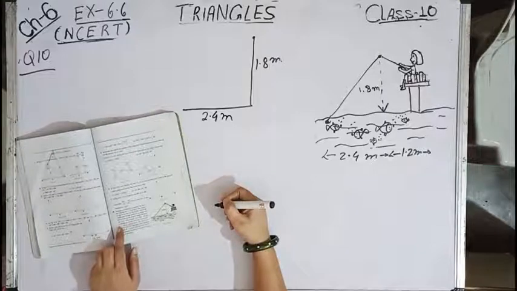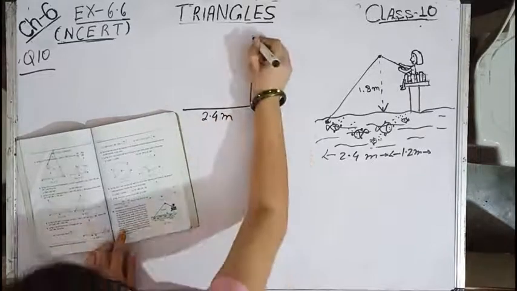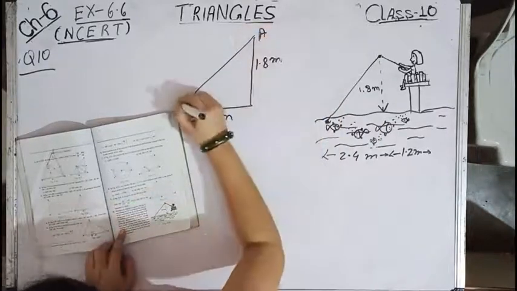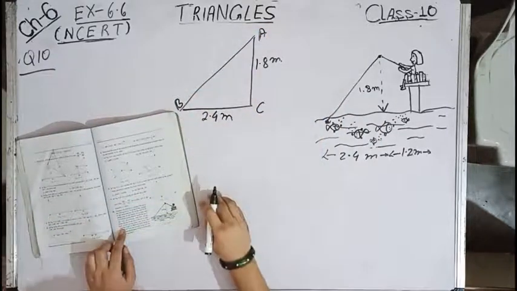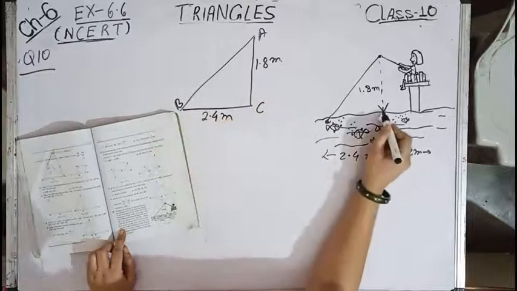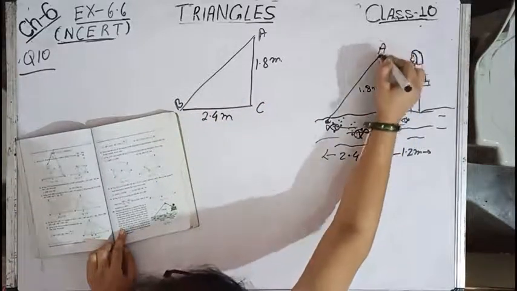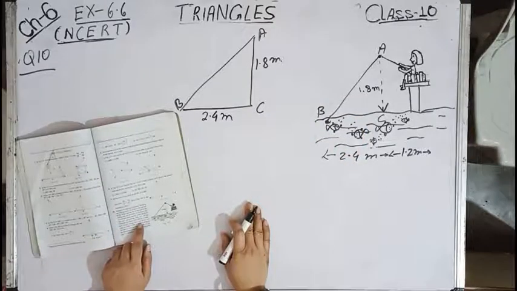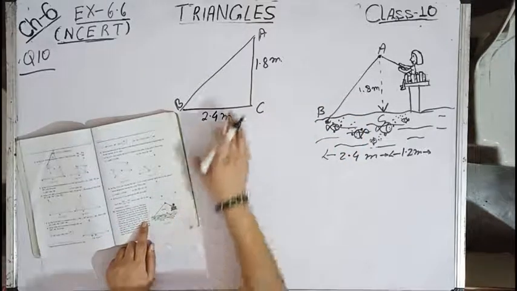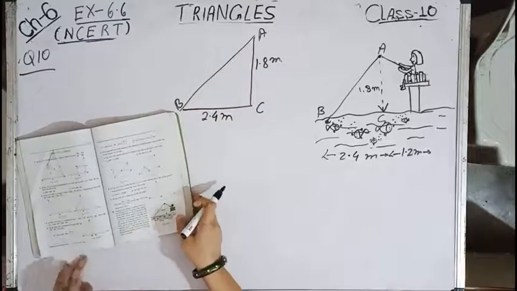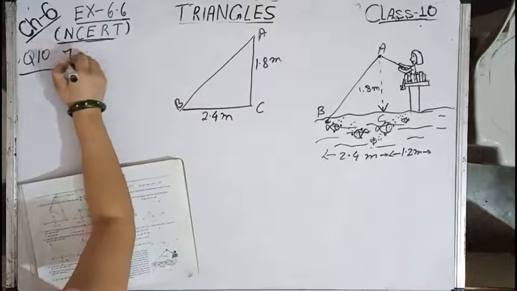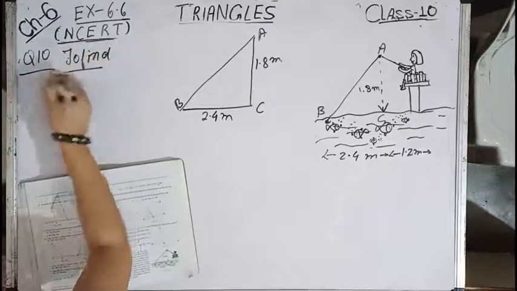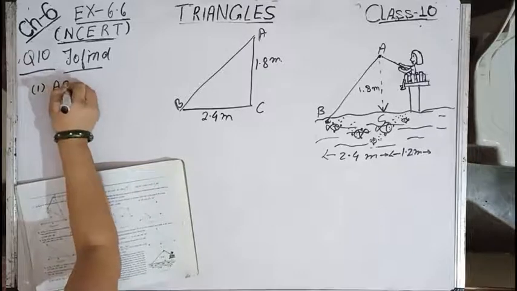Now assuming that her string is taut, means straight. This one is her string. So let us name this string as AB, and this position as C, this one is A, and this one is B. Is taut. How much string does she have out? So we have to first find the length AB.